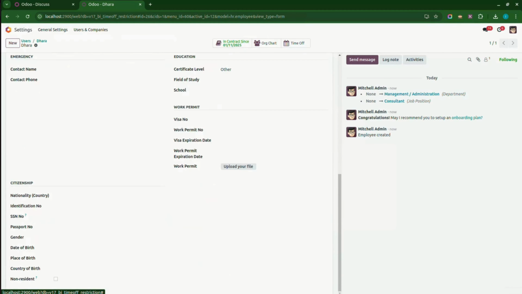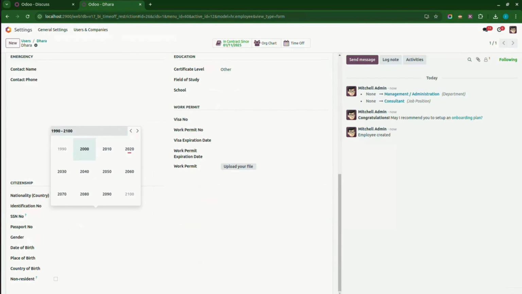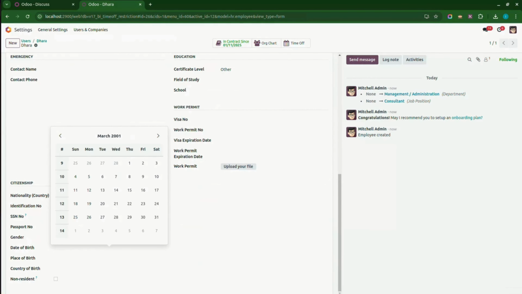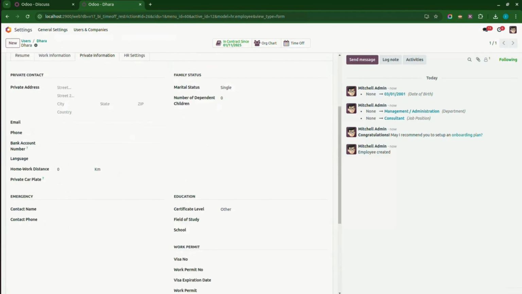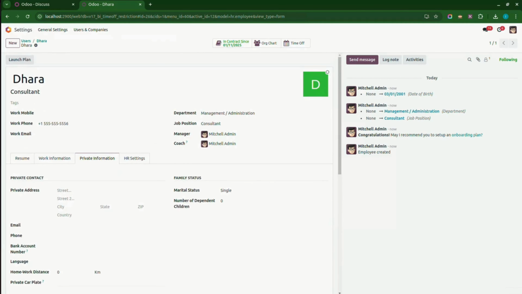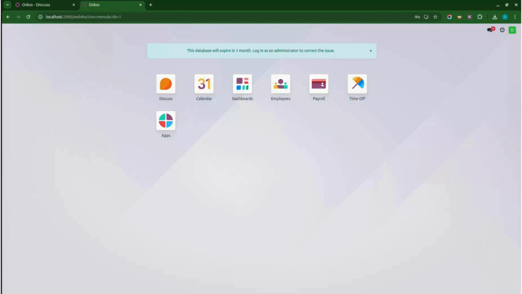Now, when I go into the private information tab, I can see the field for date of birth. I will be setting the date of birth as March 1, 2001. Note that for this module, this field will be a read-only field. It cannot be changed by any user. When I click on save,